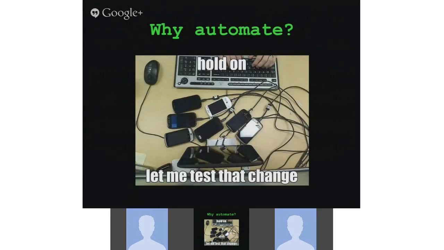As you can see, there's a bunch of phones lying around, lots of cables, generating lots of heat. But wait, there's something wrong with this picture. For each of the phones, we need to have different API levels. So for Nexus 7, we need to have one which runs Gingerbread, Froyo, Jelly Bean, ICS. So this pile is even actually bigger.